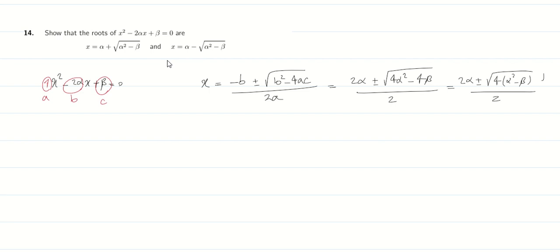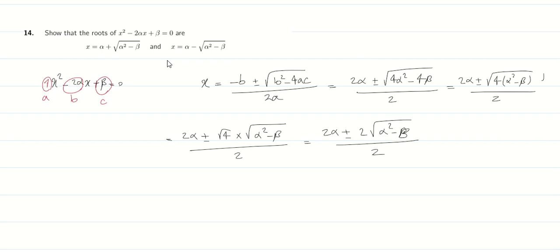Now I can rewrite this as 2 alpha plus minus square root of 4 times square root of alpha squared minus beta, based off the product rule, divided by 2. Now we know that the square root of 4 is equal to 2, so this can be written as 2 alpha plus minus 2 times the square root of alpha squared minus beta,